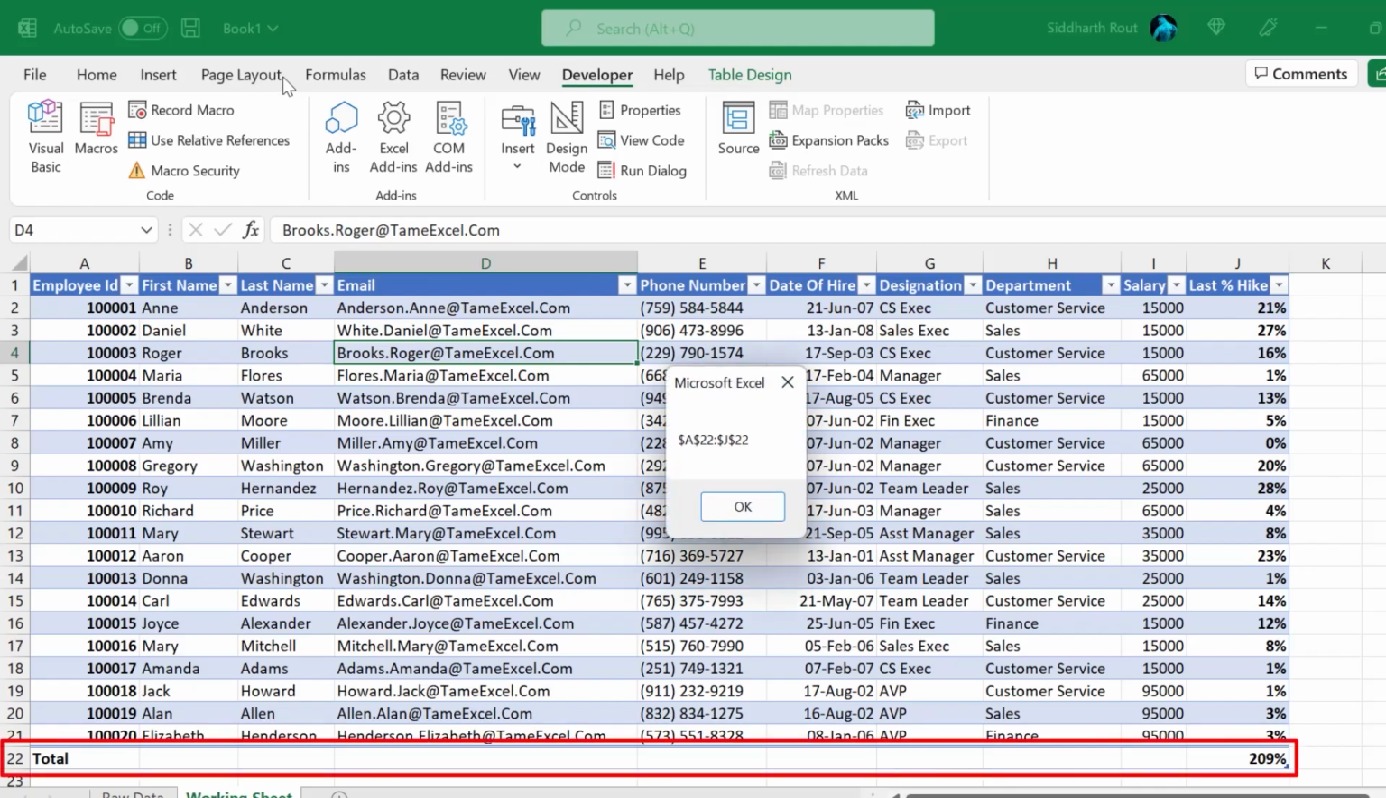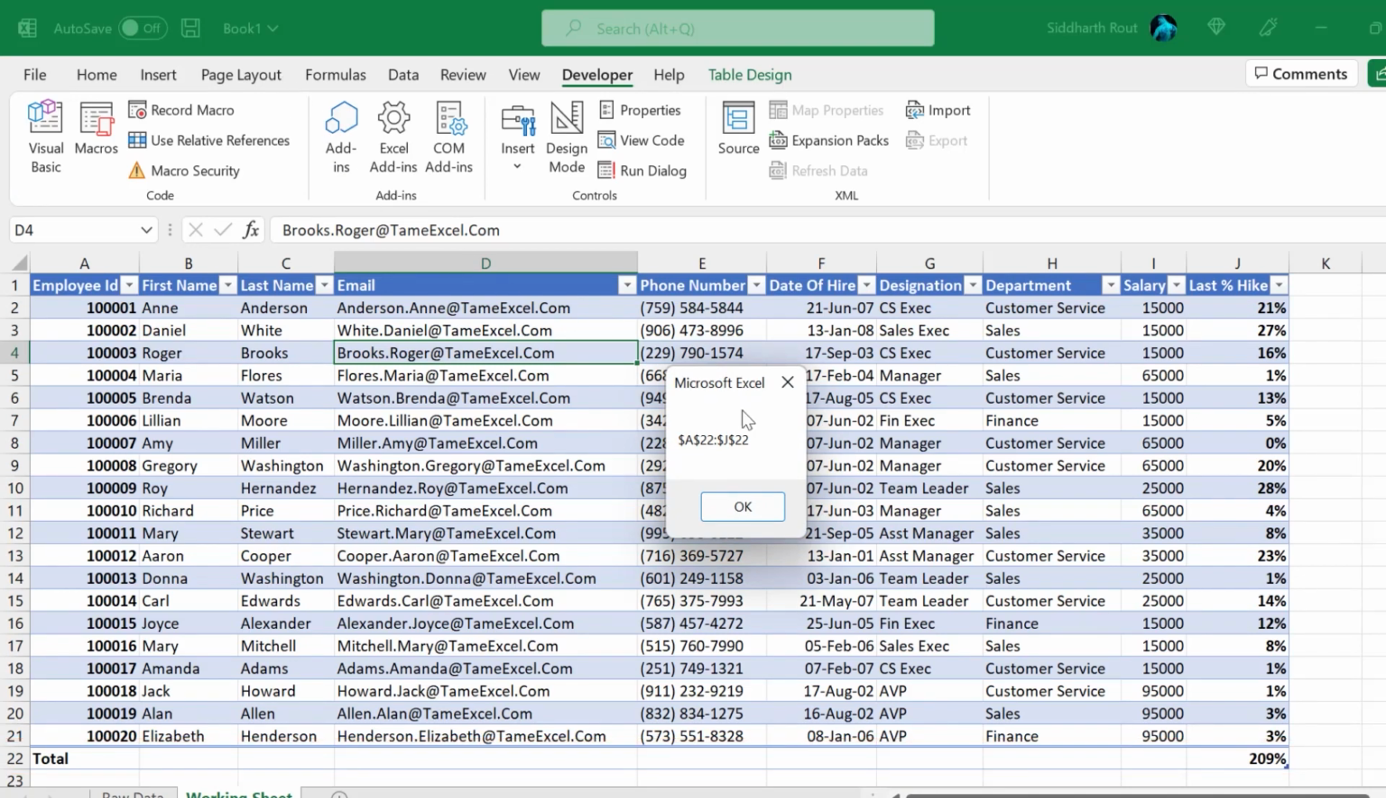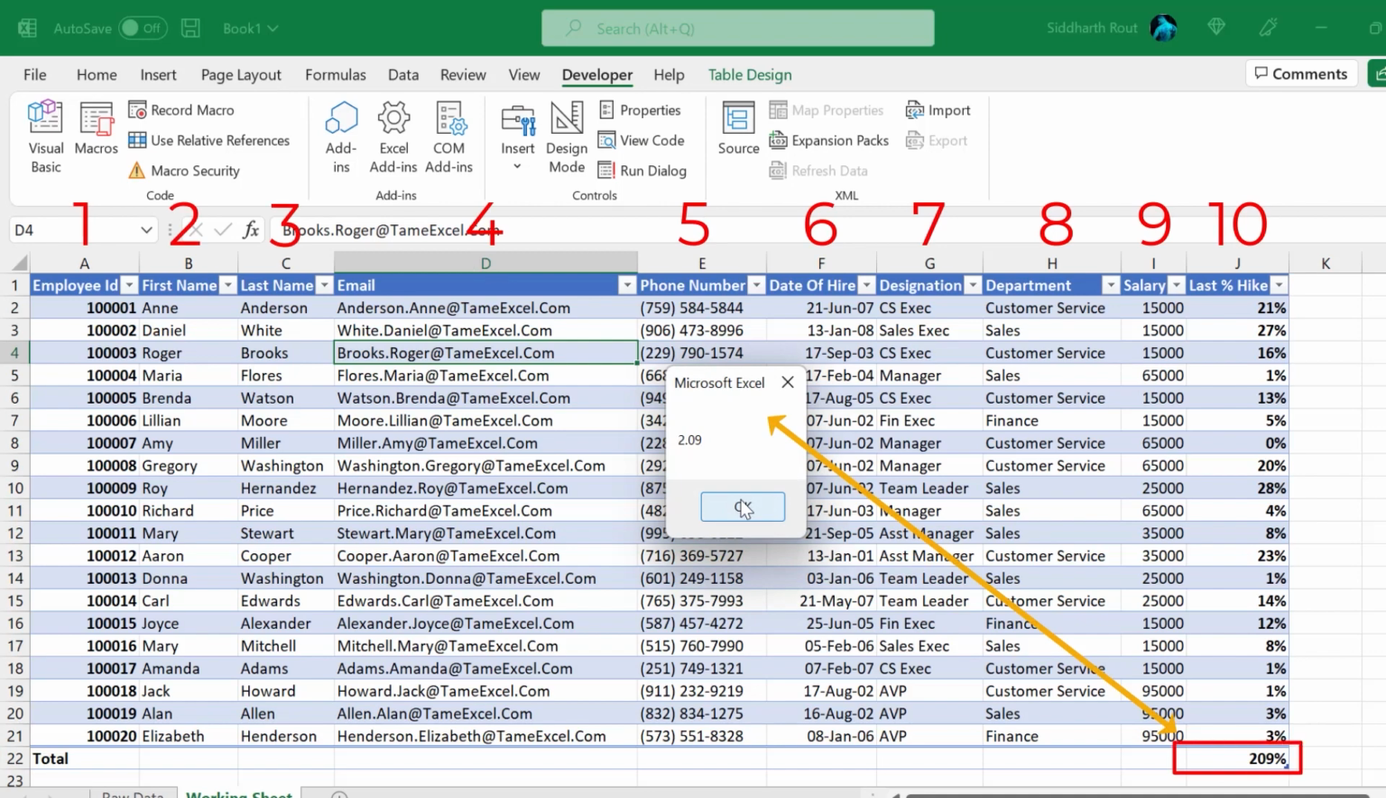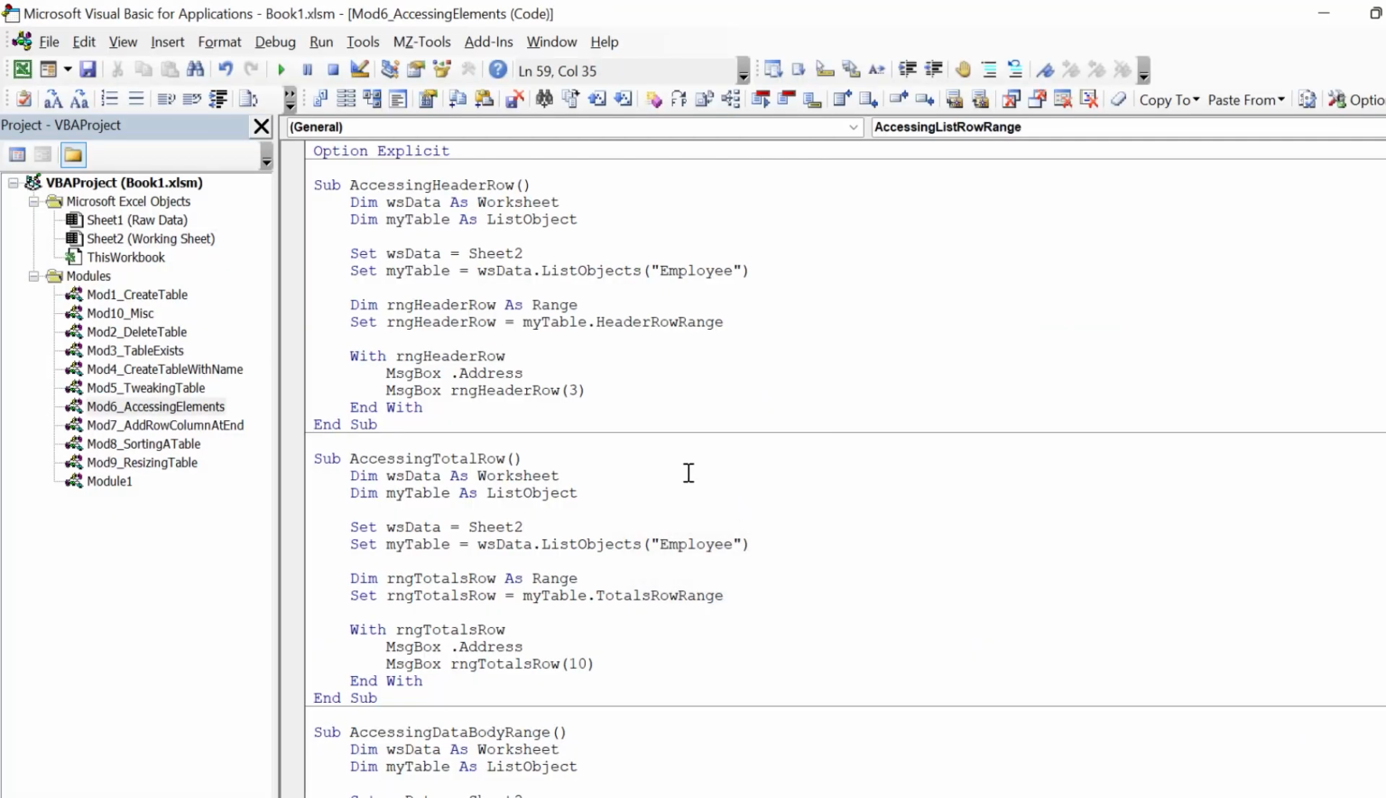This time I get A22 to J22, which is this row. If I click on OK, see what do I get? I get 2.09, which is 209%. Let's click on OK. The next property that we will cover is